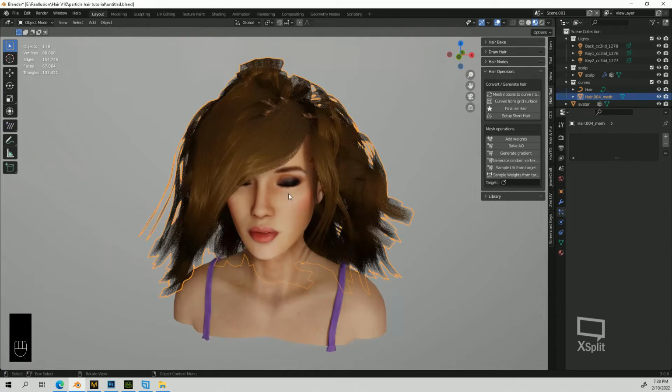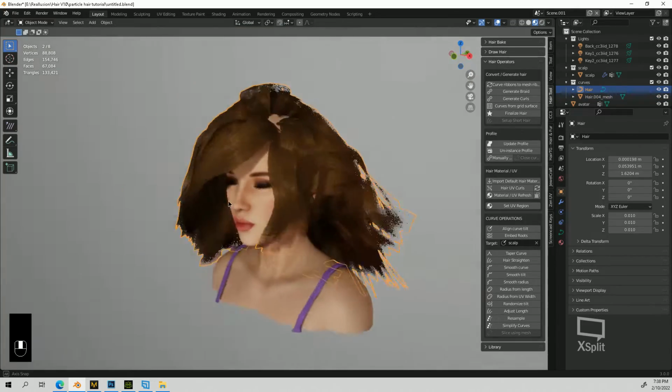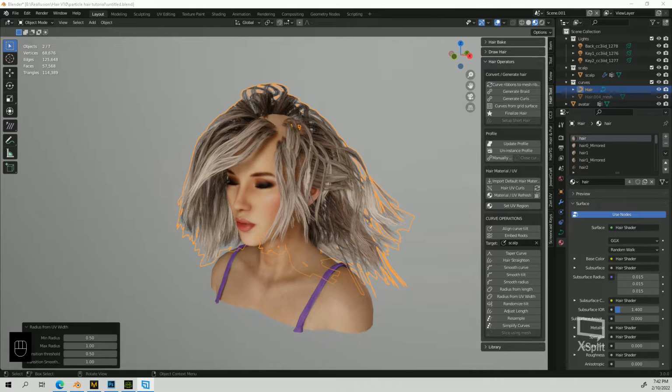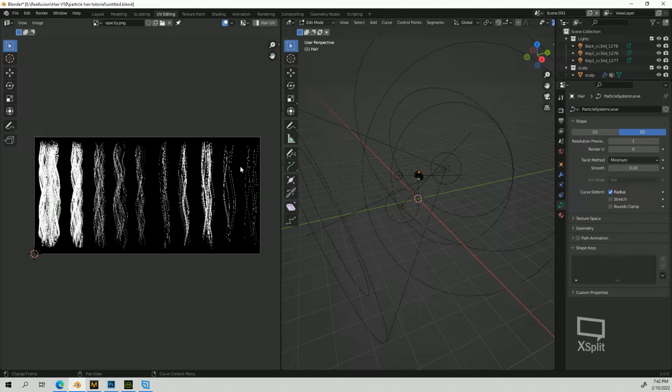And this is just the default material on her hair. You can add your own. Actually, I'm going to quickly apply my own really fast. I'll be right back. Okay, so I added my own material. However, it's kind of made her look a little bald. I'm just going to edit the UV, make sure that it's